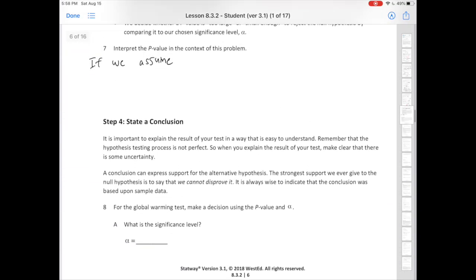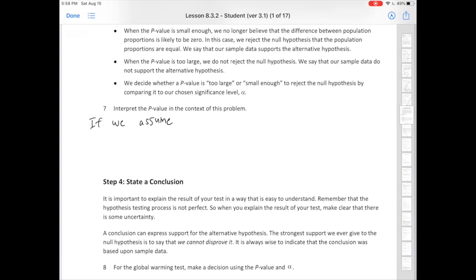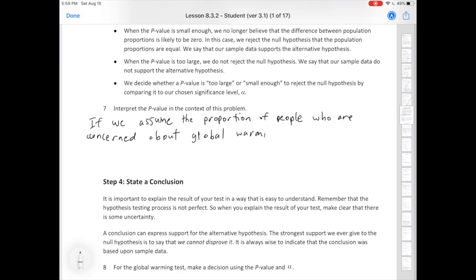So if we assume the proportion of people who are concerned about global warming is the same in 2010 and 2011,